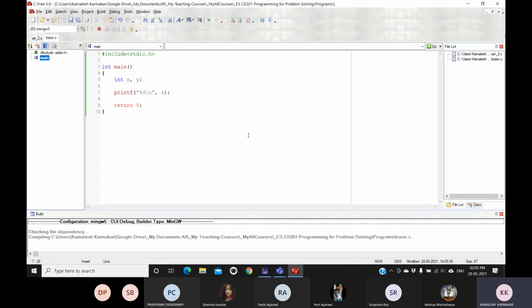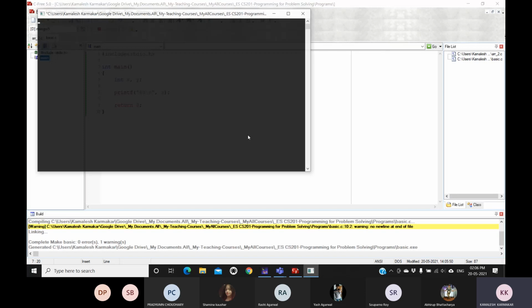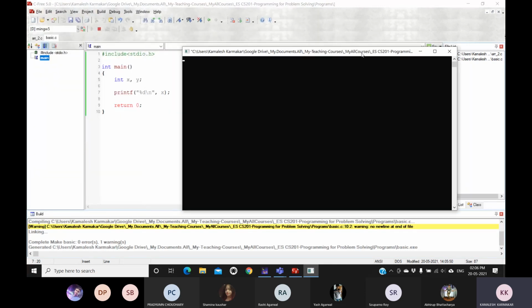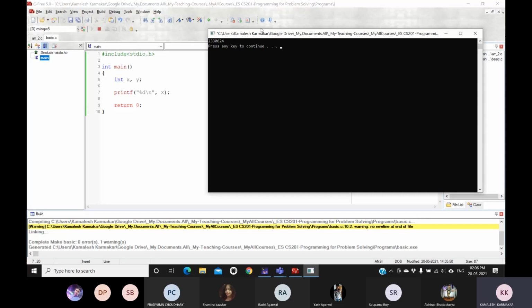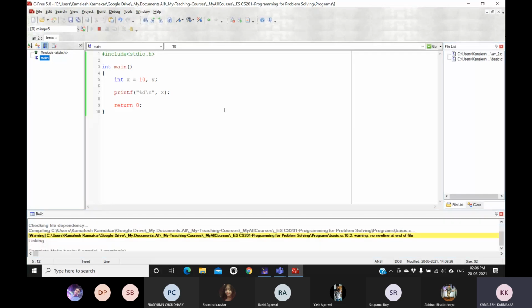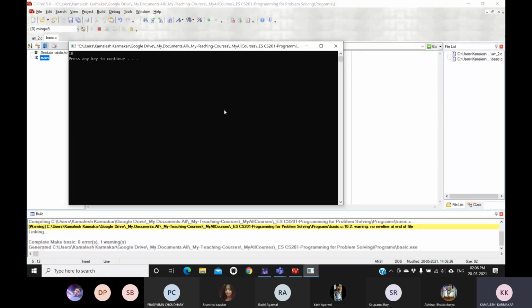It will be a garbage value because you have not assigned any value to x. By default, it will not be initialized by 0, so it will be a garbage value. You can see the output that this is a garbage value. In a different run, the value may change or may not change, but it's garbage. Okay. Now, if I assign some value, like x equals 10, now the value of x which will be printed is 10.